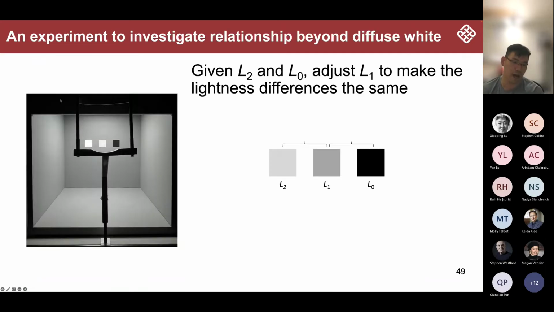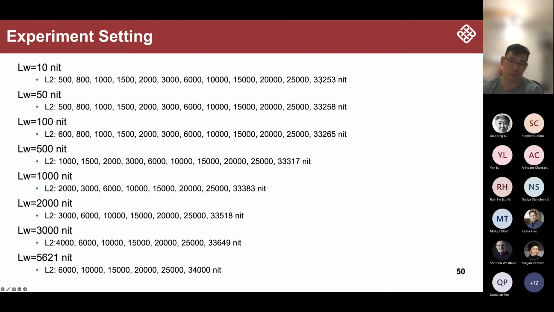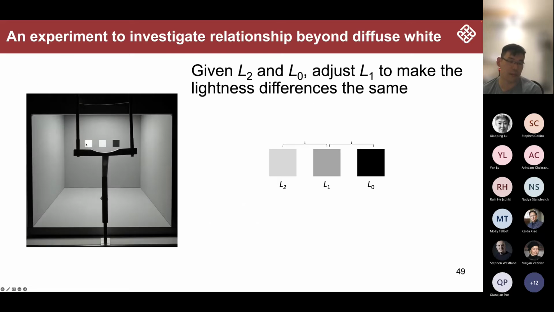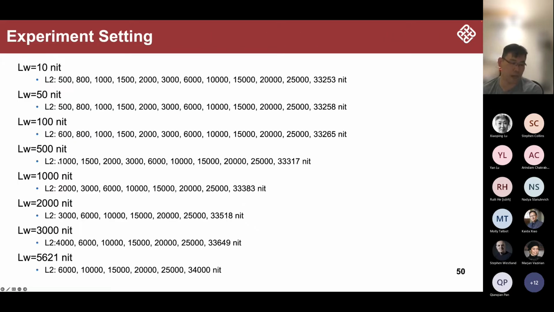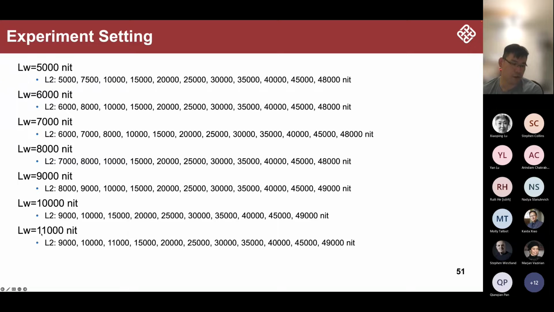And then for area 2, which is the highest stimulus, you can see that we go up to 33,000 nit. So the contrast or the ratio is about 3,000 times the diffuse white. So this is really an HDR condition. Then we also go to different diffuse white levels, but no matter which light level we are looking at, area 2 was always higher than the diffuse white, making the scene appear as HDR. This is from 10 to 5621 nits of the diffuse white. And then we keep going, we go to a diffuse white of 100, so area 2 goes to 11,000. Again, for this condition, you can see that area 2 was still pretty high.